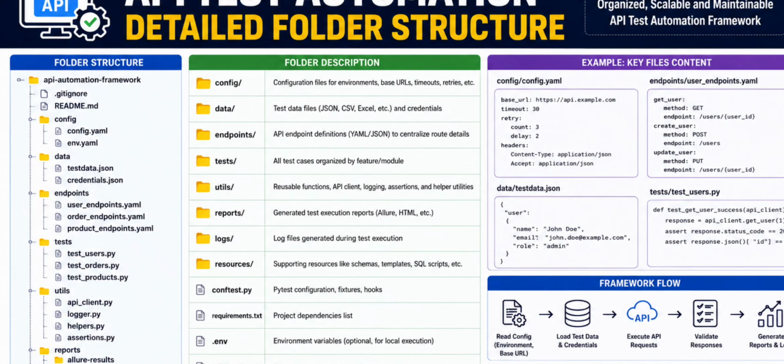etc. And in the data folder, we are going to have the test data specific files like JSON file, CSV file or Excel file. Okay, and then we are going to have the endpoints folder where we will have the API endpoint definitions either in the YAML format or in the JSON format, to centralize all the routing details. Okay, so the file format will be in YAML or in the JSON, and then we will have a test